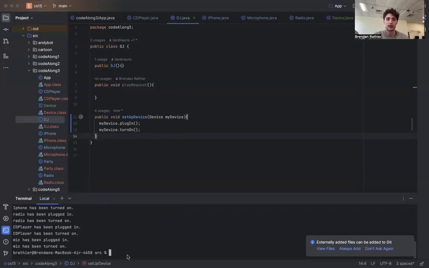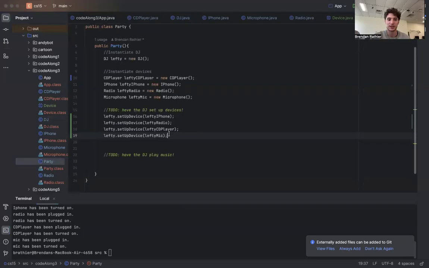And so that's the whole point of polymorphism that we're trying to make: it might not change the functionality of your code, but it will change the organization, how it looks visually, and how other programmers are able to look at your code. And so now I'm going to pass it over to Juan, who is going to help DJ Lefty play some